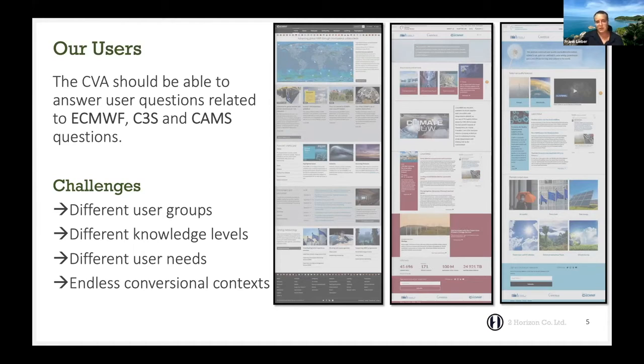Some users have very detailed, sometimes complicated questions. Others maybe look for a job, or they look for some news or whatever. So basically, you can come up with endless conversational contexts, which we try to consider, or hopefully train the chatbots so that they answer as many of these conversations as possible.